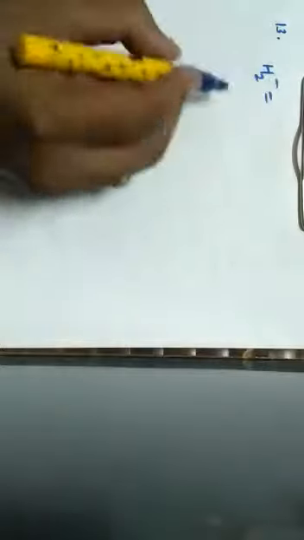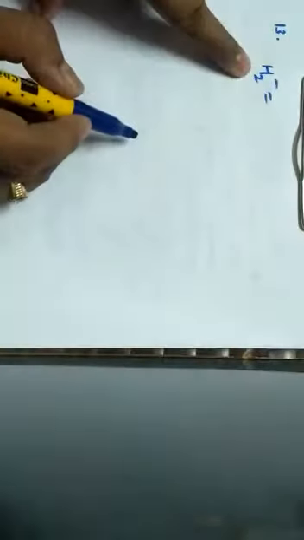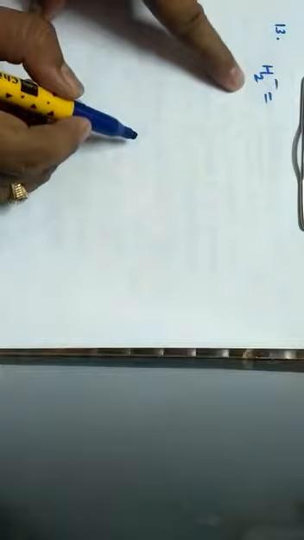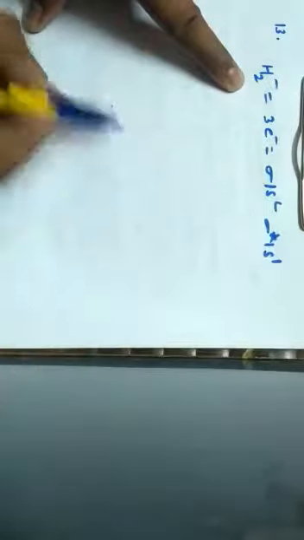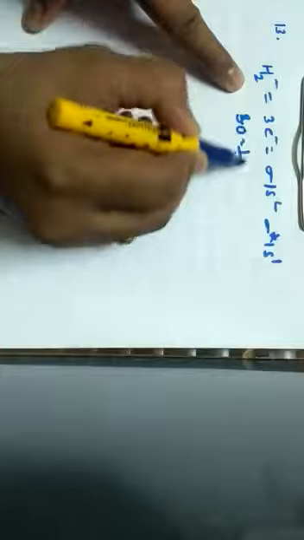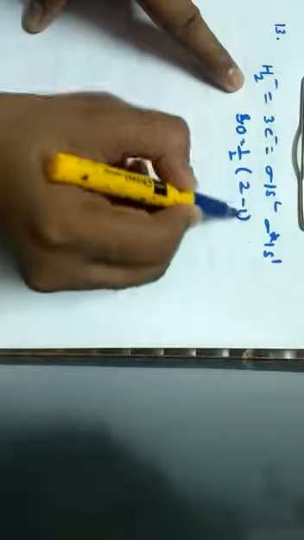Let us continue with the next one, that is question number 13. So when it comes to question number 13, it has been given as the correct statement with regard to H2 plus and H2 minus is. So first let us analyze this. So when it comes to H2 minus, H2 minus means what? Hydrogen atomic number is 1. One more hydrogen is 1. 2 plus 1, 3 electrons are there. So the total number of electrons is 3. It is written as sigma of 1s2 and sigma star of 1s1. When I calculate, the bond order is equal to 1 by 2 into 2 minus 1.